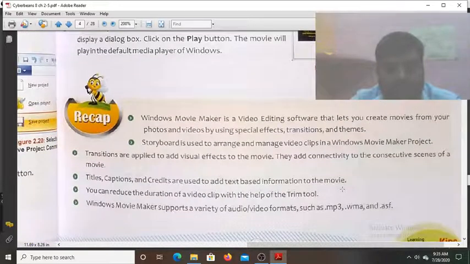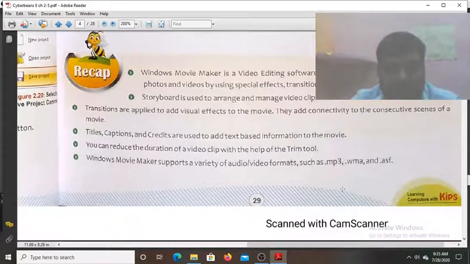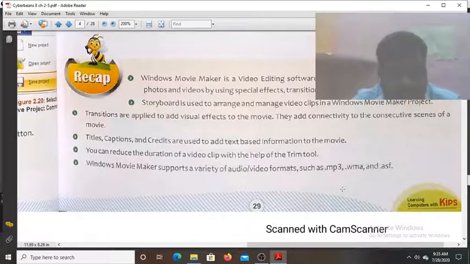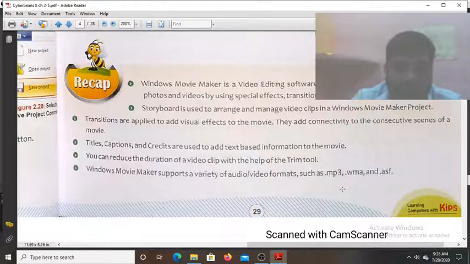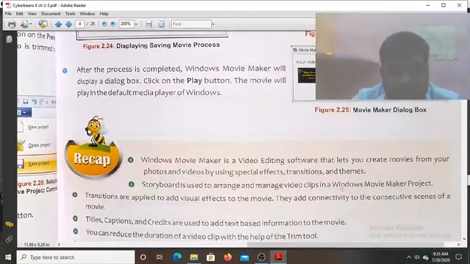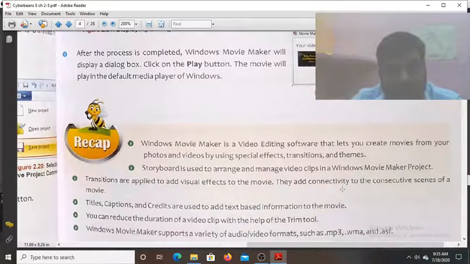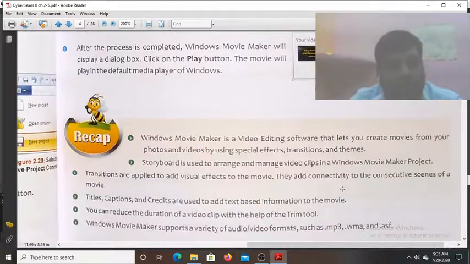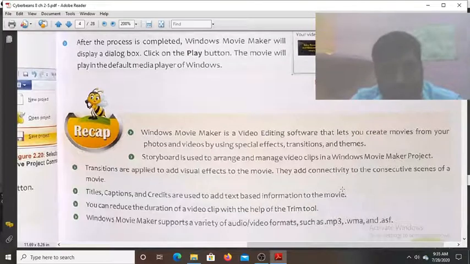Okay, so now this lesson 2, Windows Movie Maker, is completed. Questions are also already given. I hope you all have written the lesson 1 and 2 answers in your computer notebook to prepare. Only one more lesson is left in your syllabus which I have to teach you, and I will try to finish that in the next week. The questions of that lesson I will also send you on Google Classroom.